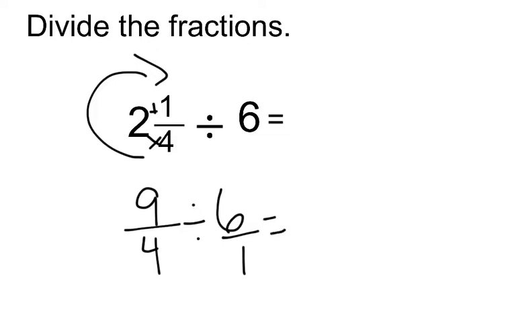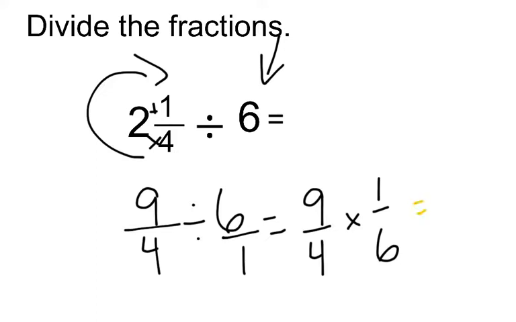Now I, of course, want to multiply by the reciprocal of the divisor. So 9/4 stays the same. Multiply by 1/6. Now I can just multiply 9 times 1 and 4 times 6 and reduce at the end, which would give me